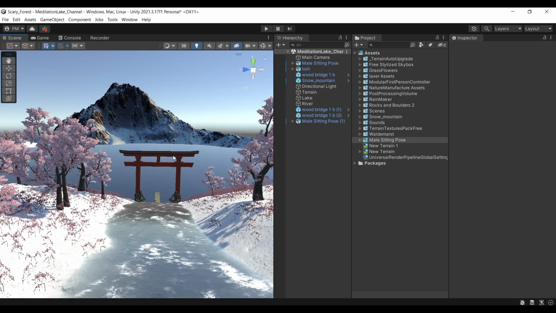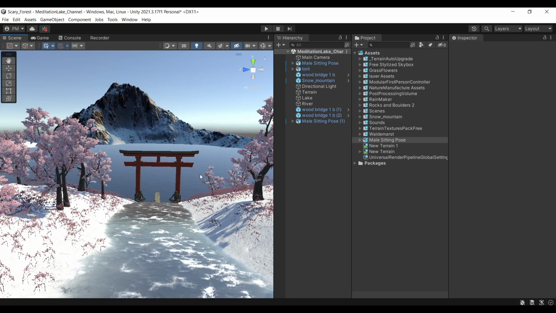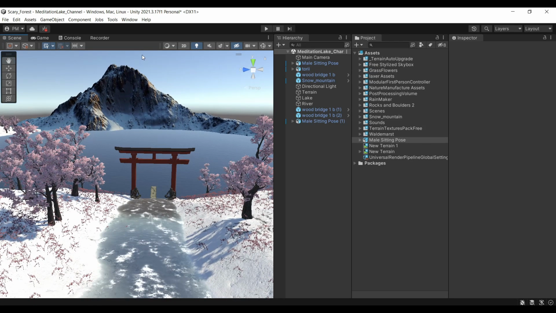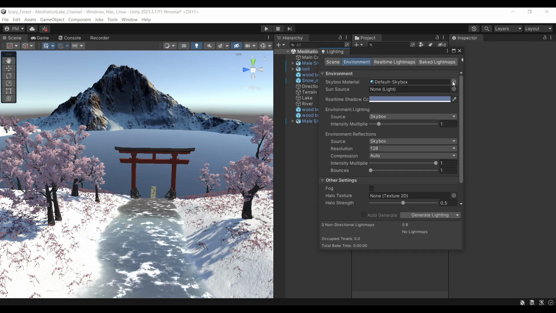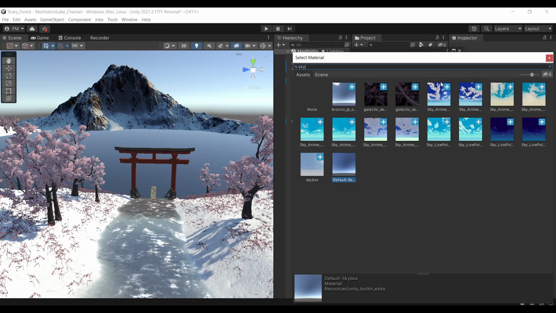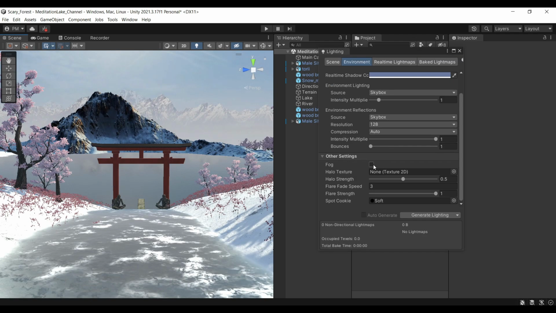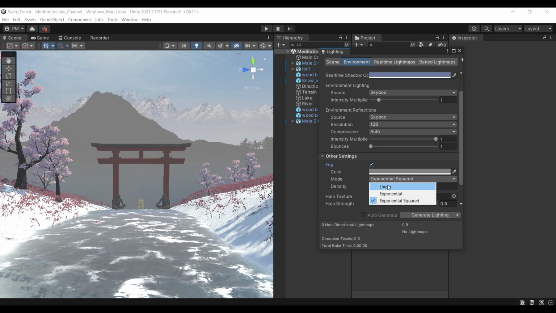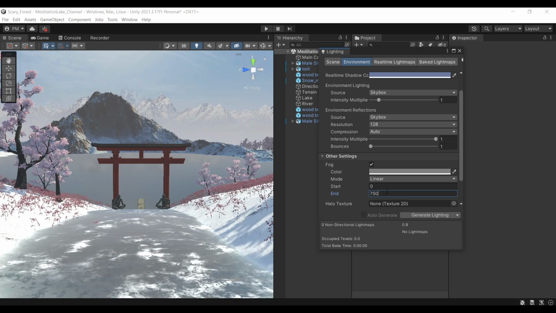So next thing we want to do is add a little bit of polish to the light, mood and general vibe of the scene. We're going to start with the fog and Skybox. So we're going to go on Window, Rendering, Lighting, Environment, and change the Skybox by typing Sky and selecting this Skybox right here. It's called just Skybox and it's from the Snow Mountain asset pack. We're going to scroll down, select Fog, change the mode to Linear, going to put it at 0 and 750,